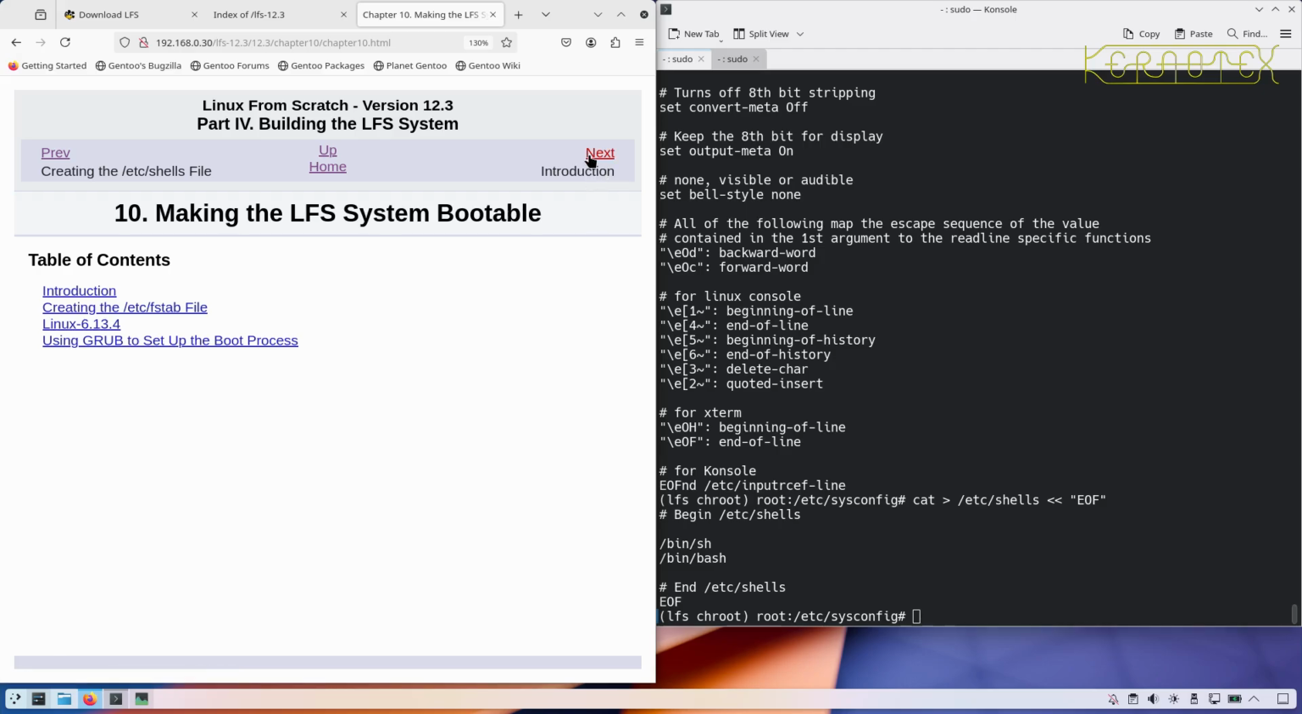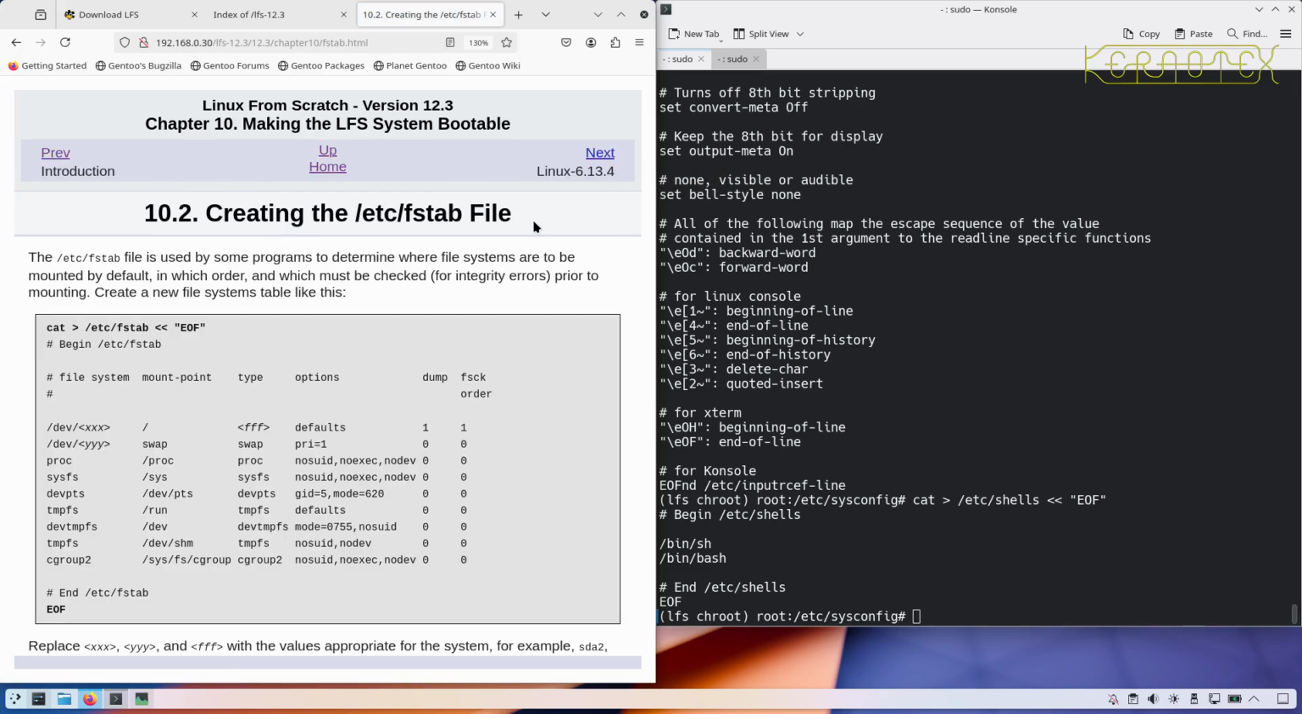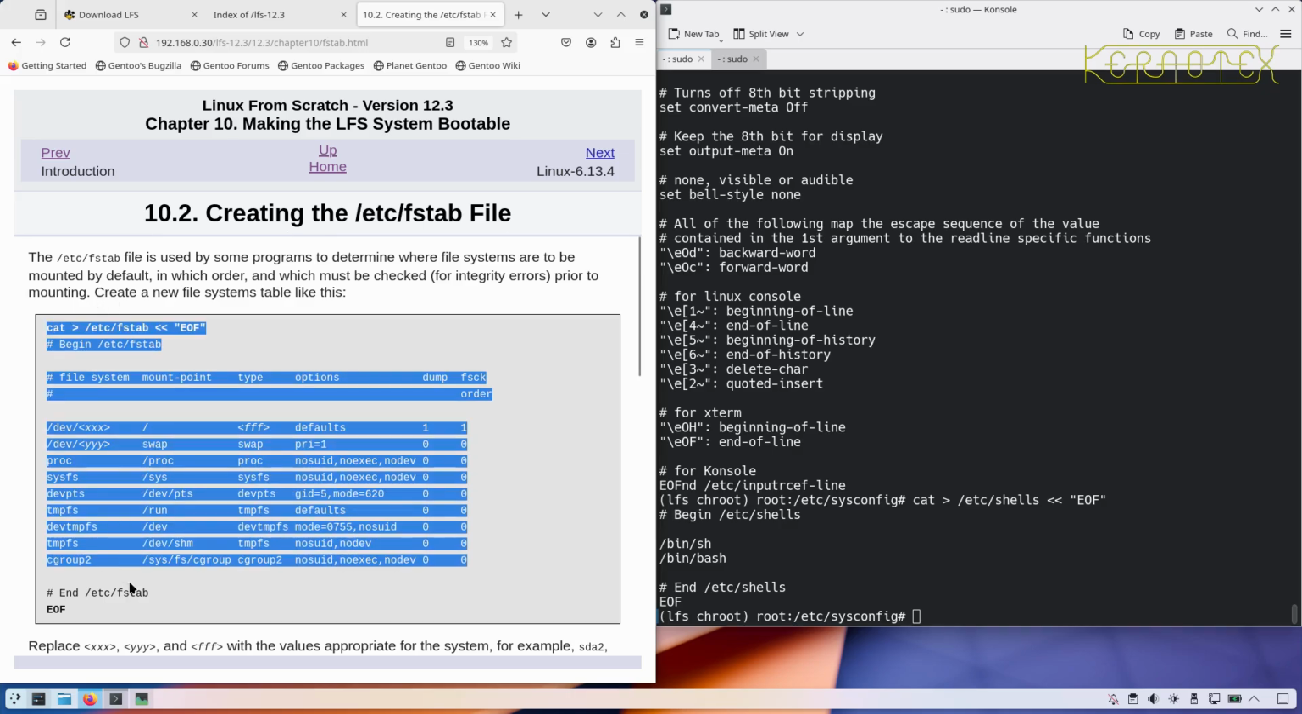Now we're going to make the LFS system bootable. There are two main parts to this: creating the kernel and installing the GRUB bootloader, and then there are a few other bits and pieces. For example, the next part is the /etc/fstab file, which defines what mount points need to be known by the system and whether to mount them automatically or not. So we'll copy this in to create the default fstab,